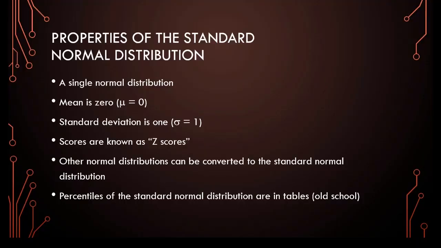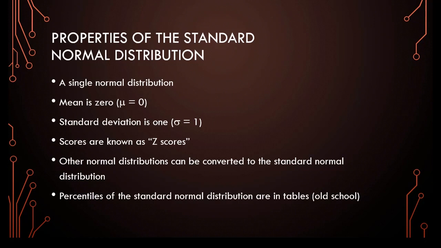You can find percentiles and percentile ranks of the standard normal distribution in tables in statistics books. There's a historical reason for this. In the days before we had statistical software like R, to find out a percentile or percentile rank on a normal distribution, statisticians or students would convert to a z-score and then look this up in a table. We don't have to do that anymore. We have software that can handle any normal distribution and provide the percentile or percentile rank without needing to convert to z-scores or look anything up in a table.